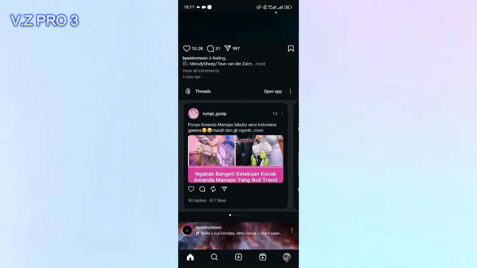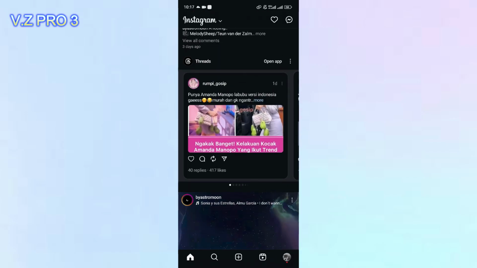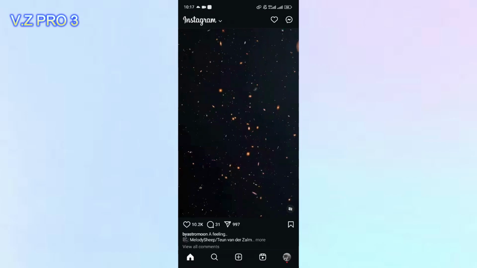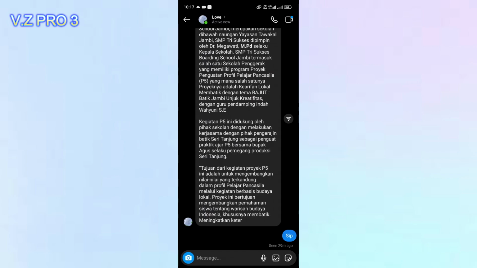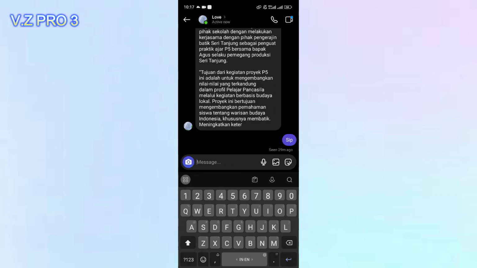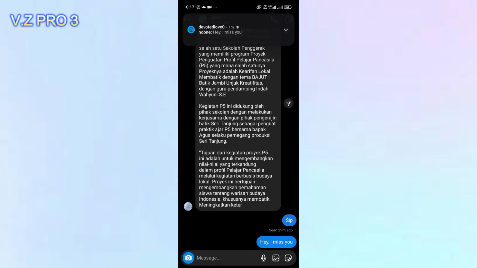So how to do it? It's so simple. First of all, of course, we have to open our Instagram. Now you can open your DM. You can choose your friend that you want to delete the message. Maybe I will try to send a message first. And now I regret it and I want to unsend or delete this message from me and from this account